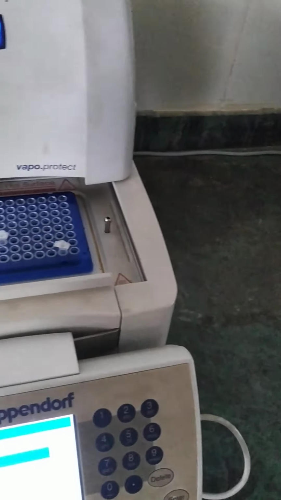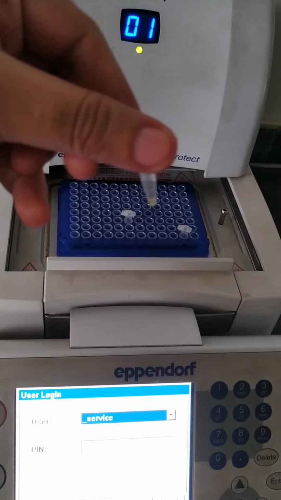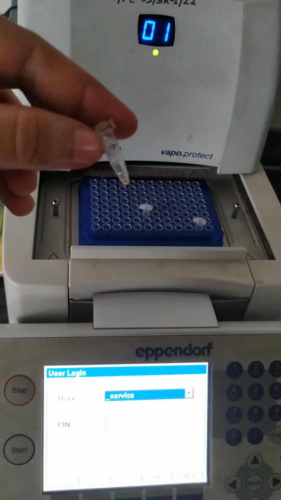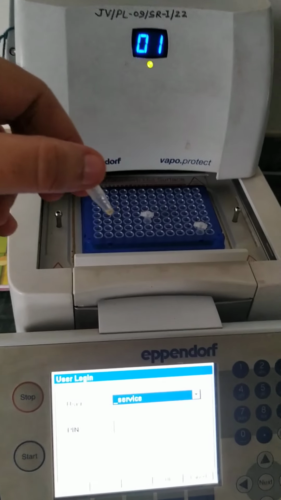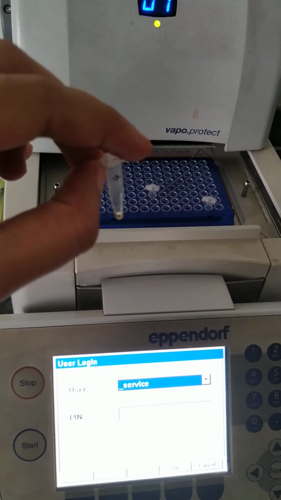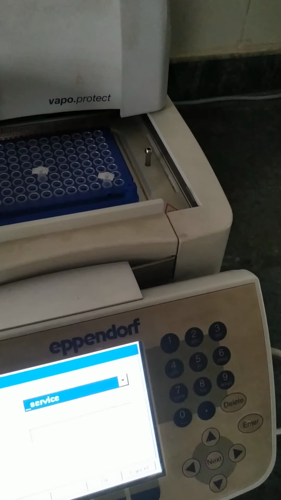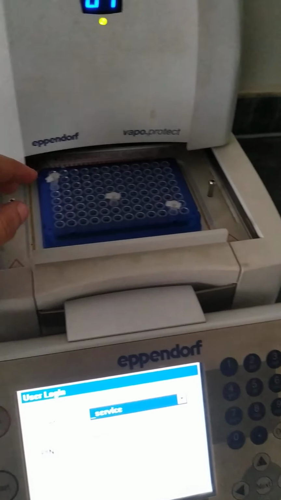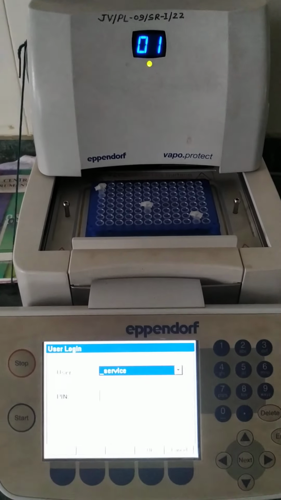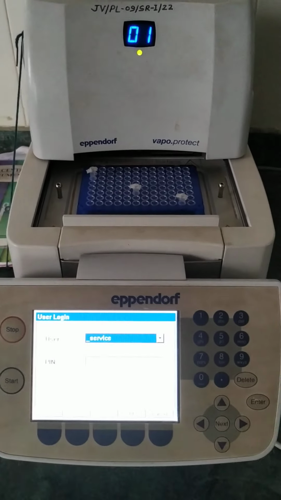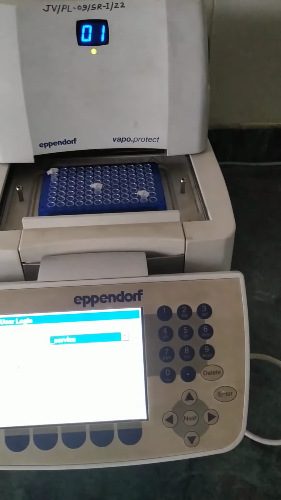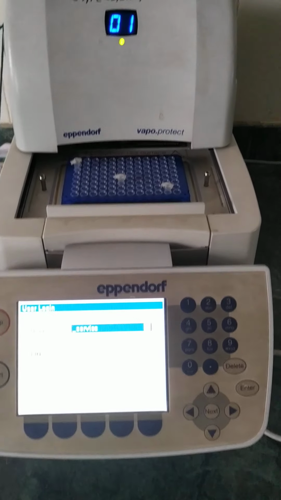As you can see here, this is the PCR tube which has the reaction mixture. Now you will be curious what the PCR reaction mixture is. In this PCR tube you have to put PCR buffer, autoclaved distilled water, reverse primer, forward primer, DNA template, and most important, DNA polymerase.